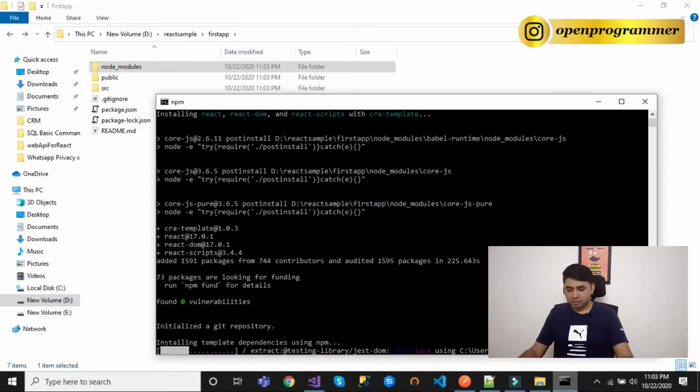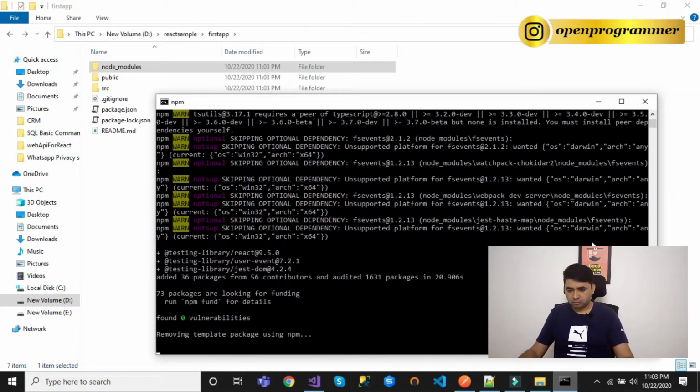Now it is installing the template dependencies. You can also see we have got another 2 folders and 3 files.